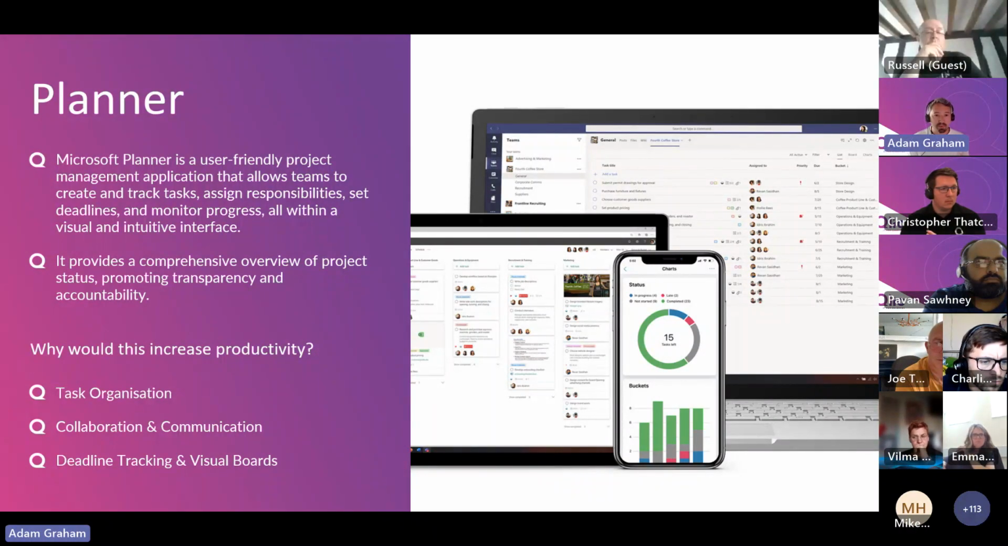Planner's visual boards provide a clear overview of tasks, progress, and deadlines. It's like having a virtual whiteboard where everyone can see the big picture. Teams can communicate and collaborate on tasks within Planner, making teamwork seamless and efficient. By setting due dates for tasks, you can ensure projects stay on schedule and teams focused. The best part is that Microsoft Planner integrates seamlessly with all the other 365 applications, such as Teams and Outlook. You can effortlessly sync your teams, tasks, and deadlines across different tools, keeping everyone in the loop, and again, promoting